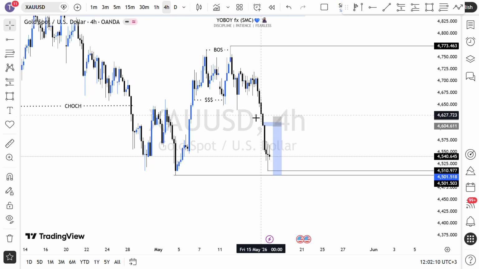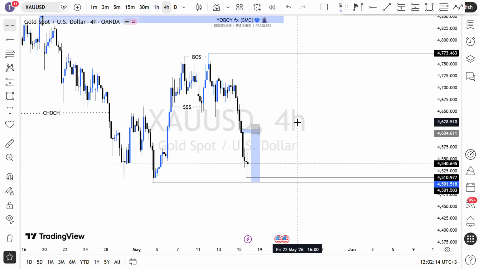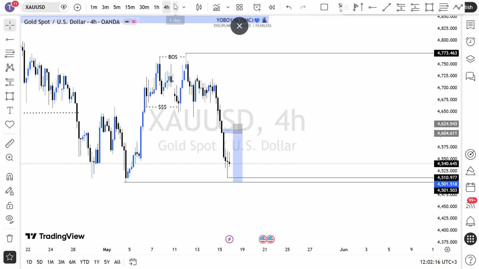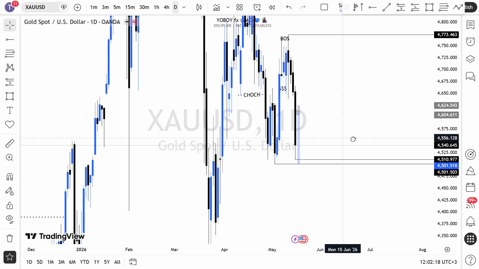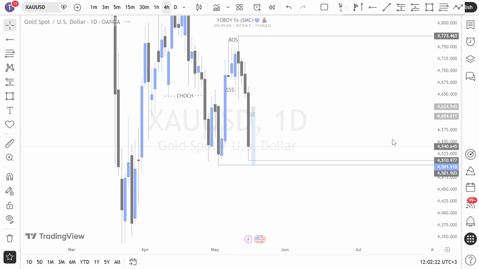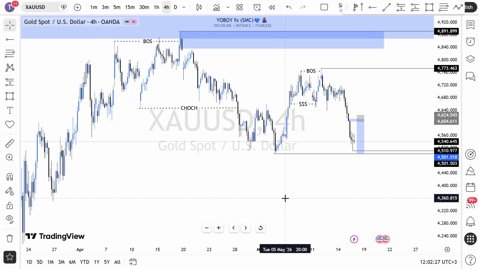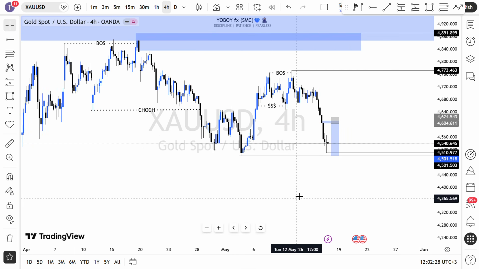forget, as always, we also have some more liquidity above, some more fair value gap. So I think price might even look to come into those areas. But as of now, on gold, let us look for price to take out this external liquidity to the downside. So that is my setup on gold.